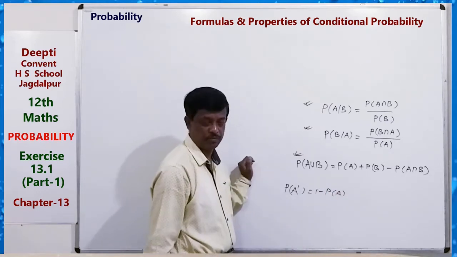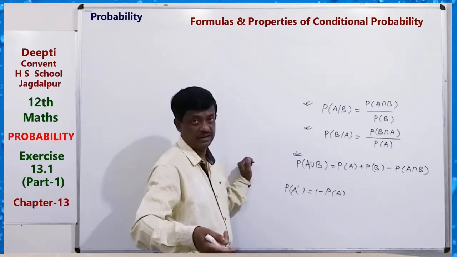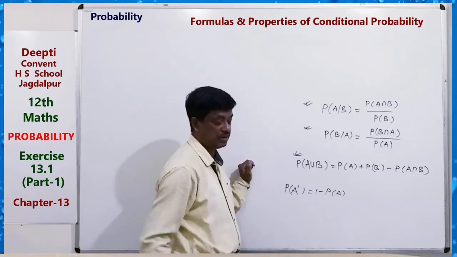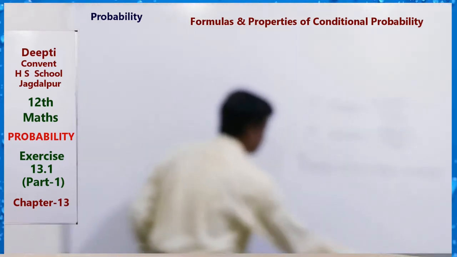Means A not A, P(not A) equals 1 minus P(A). Similar to that, here we can write the formula. So the first property is